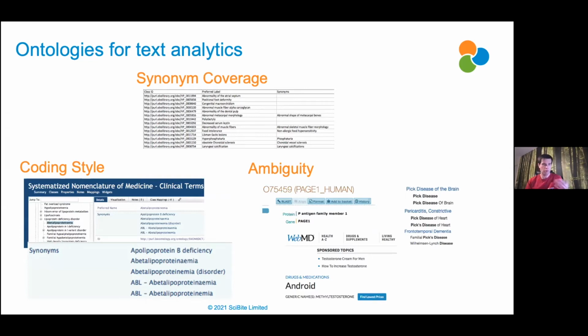So if you've got ontologies that have few synonyms per term, as some of them do, sometimes they say one, on average, they could be like one synonym a term. Often you have to do a lot of enrichment to make sure you can hit those terms consistently across all the different styles of text that appear. That's a big part of the job.